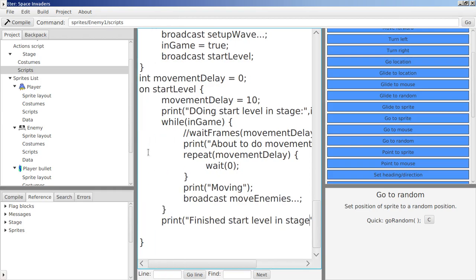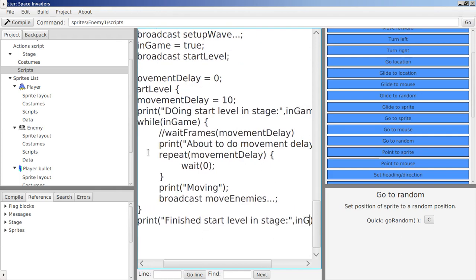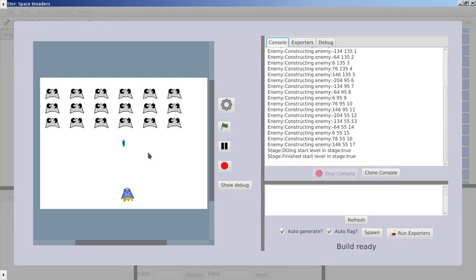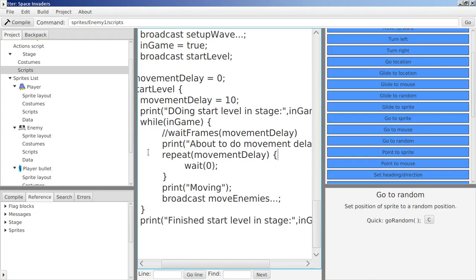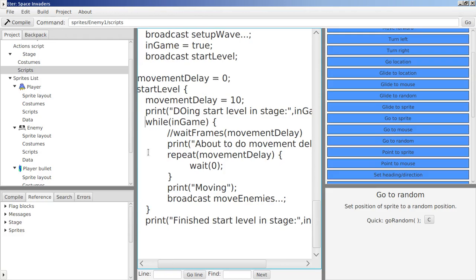This is disconcerting. We do have a catastrophic error. Yay. Finished and true. So why does the while loop not actually happen? Repeat until not in game. Does that work? No. That's very interesting. So maybe I should call it quits. No, well, we'll come back to that. So we've got a serious catastrophic error, and something to do with why the while loop doesn't work. So let me write that down. While repeat loop